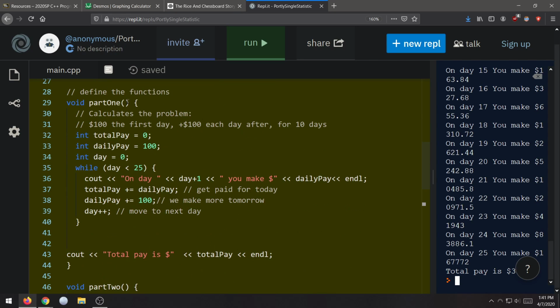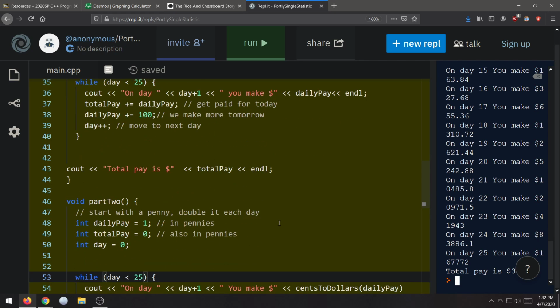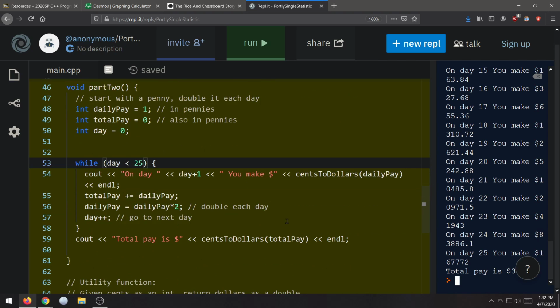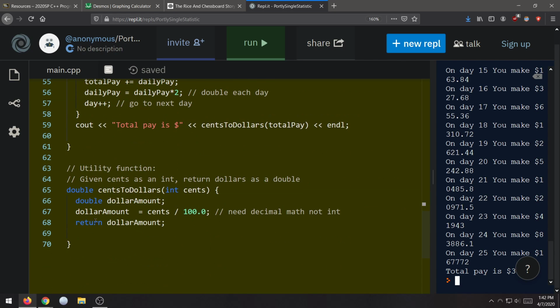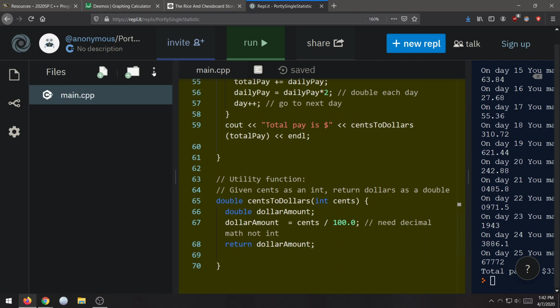So here's my function for part 1. Looks good. Here is my function for part 2. And here's that utility function I use. All right, so now I'm going to save that